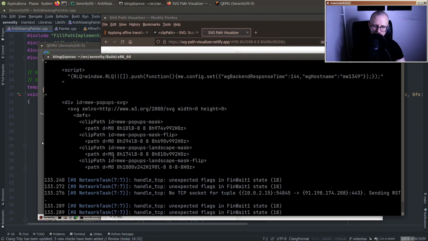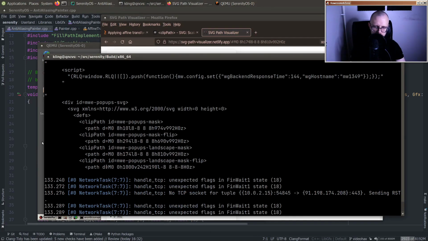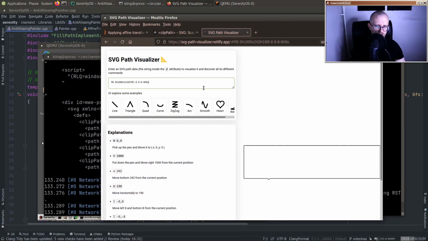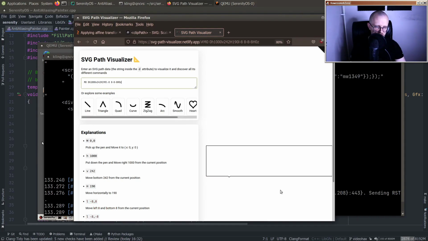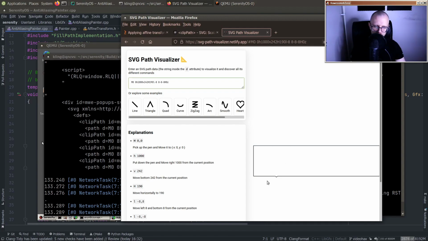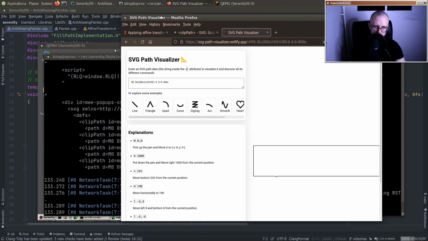Okay. Wonder what these are used for. Pop-ups SVG. So I guess these are used by some kind of pop-up on the page. Oh, it looks a bit like, oh yeah, I guess it does look like some kind of a tooltip pop-up or something. And it has this little notch here to indicate who's giving the pop-up. Okay, so